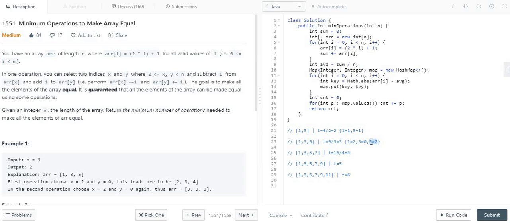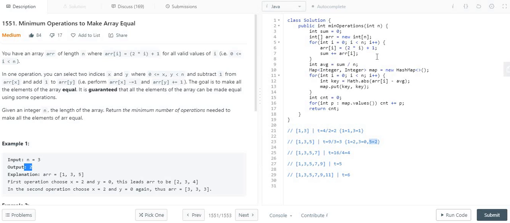So if I club the distinct values, I have 2 and 0. If I take 2 plus 0, it gives me 2. And again, as we have seen in this example, the output is again 2 when n is equal to 3. So I think it is now clear to you guys.